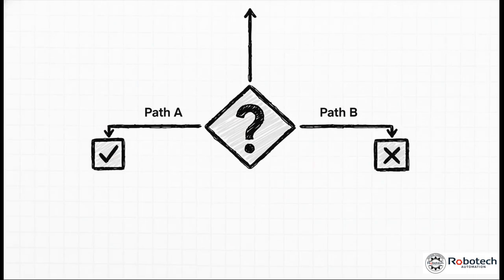So really picture this. Your code is just running along, executing line by line, and then, bam, it hits an if-else statement. Everything stops for a microsecond. It's arrived at that fork in the road. It can't go both ways. It has to make a choice. It looks at a condition to figure out, do I go left or do I go right? It's a simple yes or no choice, and that simplicity is what makes it so incredibly powerful.